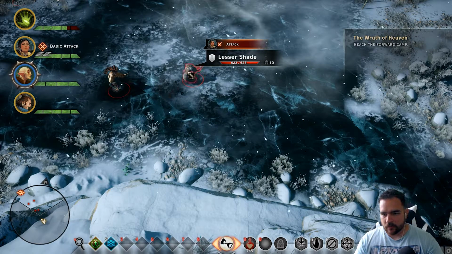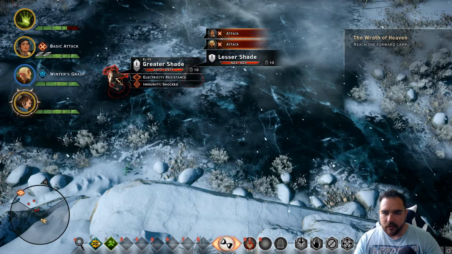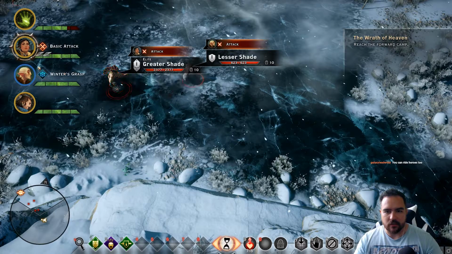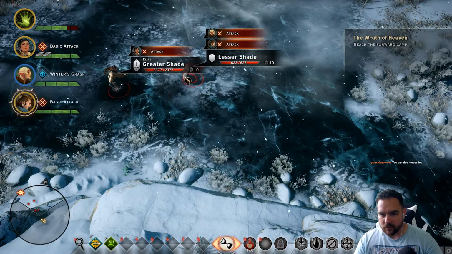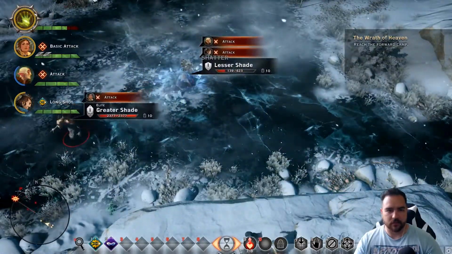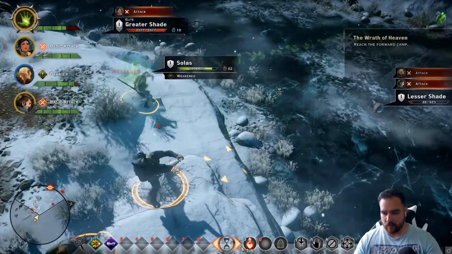Okay. Actually, let's go with this. Winter's Grasp. Oh, I like that. Electricity resistance and immunity to shock. This is an elite shade. Oh, hold on. If this is an elite shade, then let's go on him like that. And then you can actually go here and do that. And let's try this out. Can I just not...